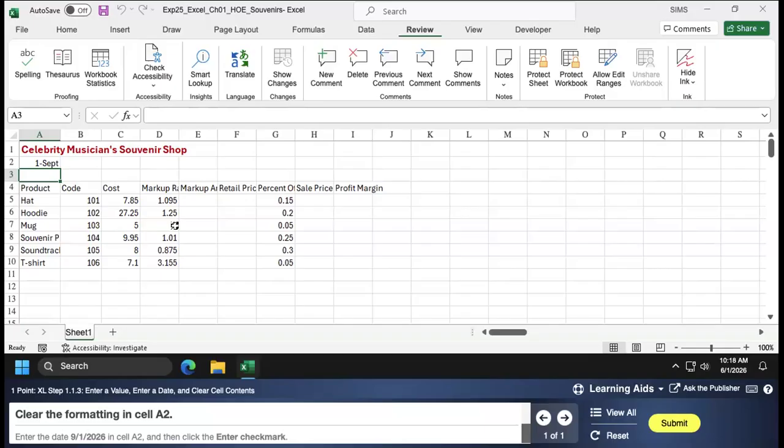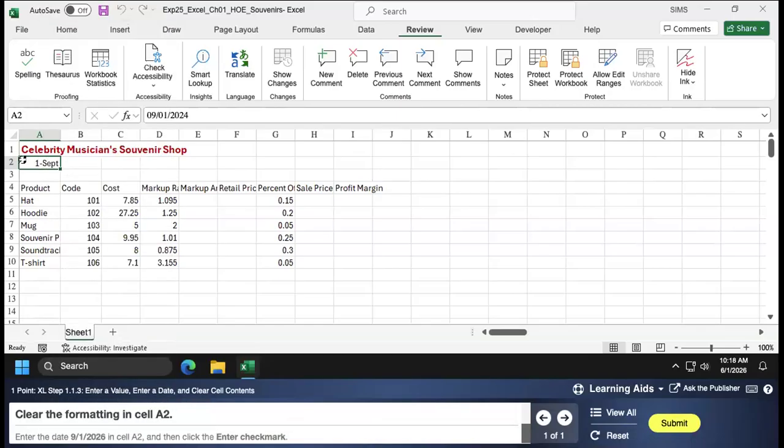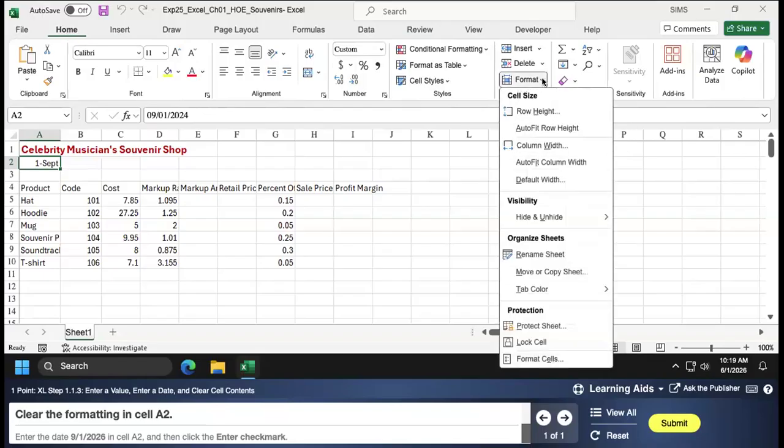Okay, so now it says clear the formatting in cell A2. What that's going to do, if I clear the formatting, is convert the date to just a numerical value. Okay. So to do that, let's see. Yeah. So I go to Home, and then I go to Format, and then I go to